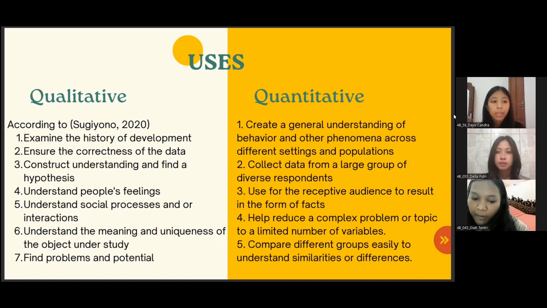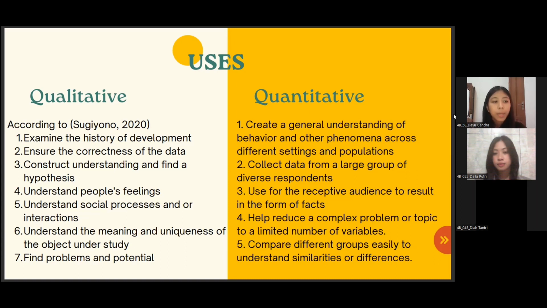For example, we can measure the percentage of people who prioritize price or other variables when choosing, for example, detergent. And we can also assess how this percentage varies between neighborhoods, cities, or demographic groups. Quantitative research is helpful when you collect data from a large group of diverse respondents, and the quantitative method is usually used when your audience is expected to want results in the form of graphs, charts, or statistics. That's all the quantitative uses.